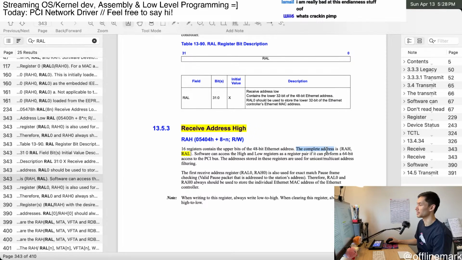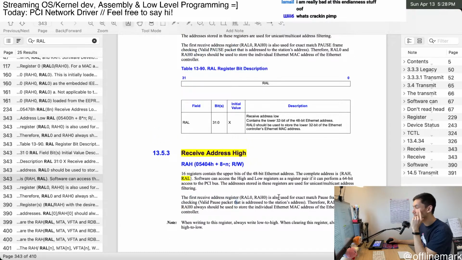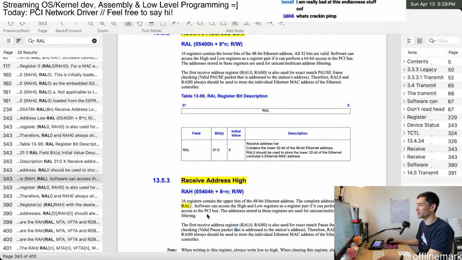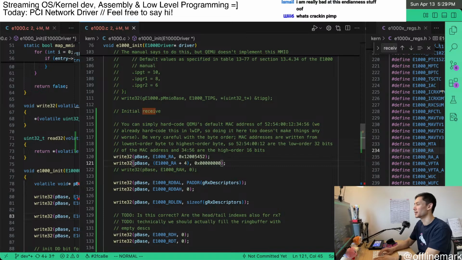The complete address is. Okay, when writing to this register, always write low to high. When clearing this register, I'm going to assume it's talking about both of these collectively, maybe. So now we have some other thing here, and I'm going to guess